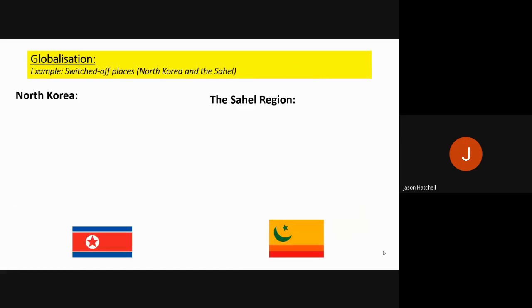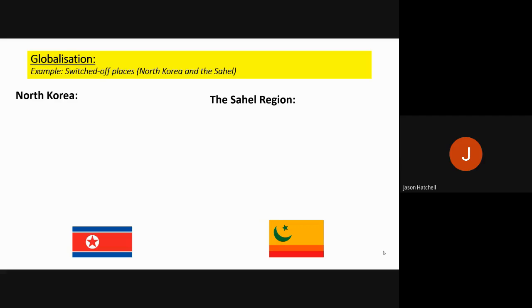So the next examples we looked at were switched off places of the world. The two examples, which are quite short here, were North Korea and the Sahel. A switched off place, remember, is a place that is not connected to the rest of the world and is not really very interconnected. So it makes its own policies, it relies on its own globalization within its nation, and doesn't really benefit from